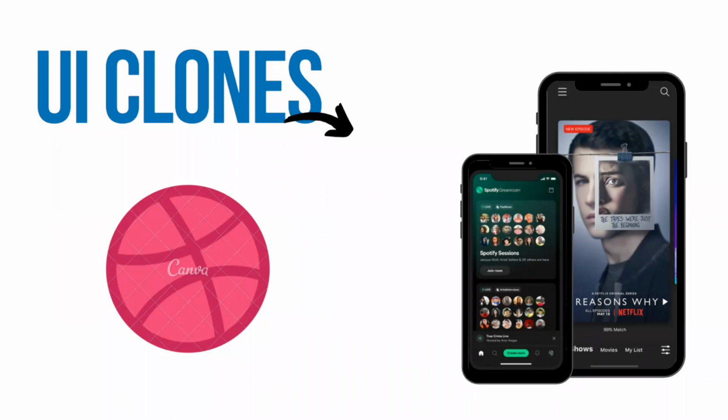So the first thing that you can do is start with some UI clone projects, and try to see how certain elements are arranged. If you don't want to do UI clones of some big applications, what you can do is instead go over to a website like Dribbble or Behance, where you can check out these designs and just try to replicate them in code, which would give you hands-on experience on how to build some of these applications.